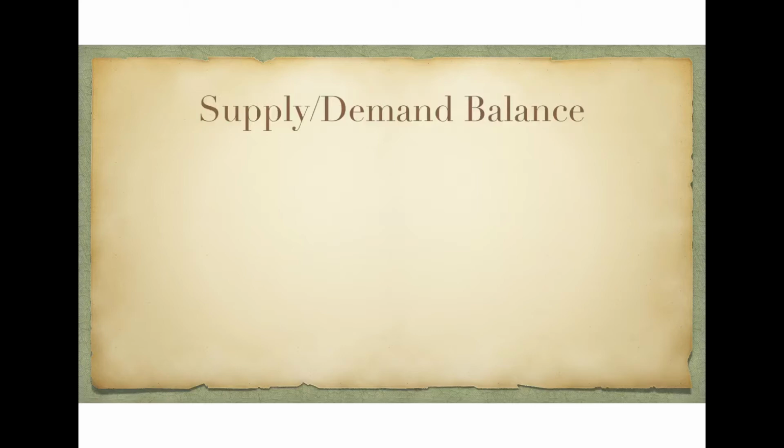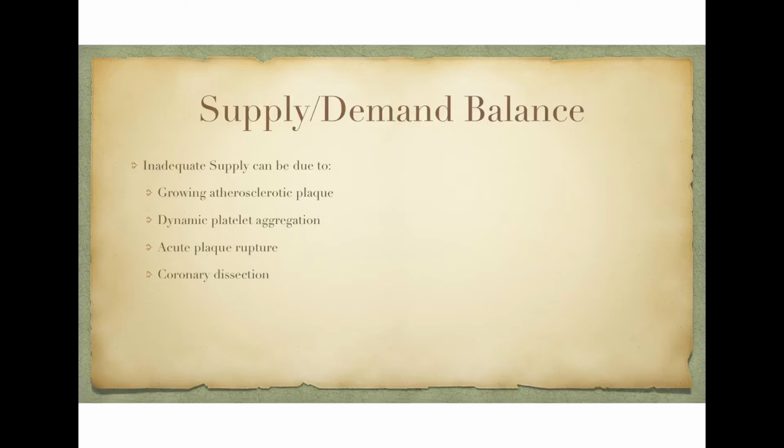So breaking this concept of supply and demand further, inadequate supply to the heart can be due to growing atherosclerotic plaque from elevated cholesterol levels, platelet aggregation on top of an existing plaque, an acute plaque rupture event, which is one of the most serious complications that would affect supply, a coronary artery dissection, coronary vasospasm, which is what you'll see in what's called Prinzmetal angina,